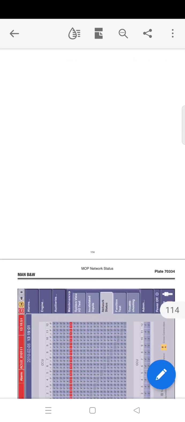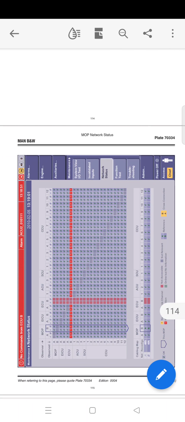Now you can see the network status. If you go to the network, this screen gives the engineer an overall view and exact status of the control network of the ECS engine control system. From this it is possible to see the status of the network using the icons visible, that is